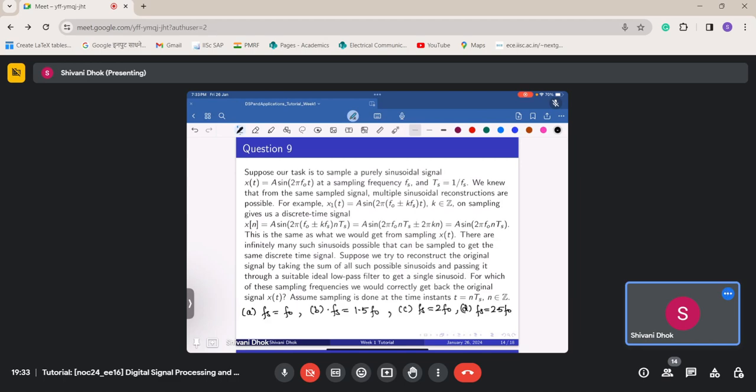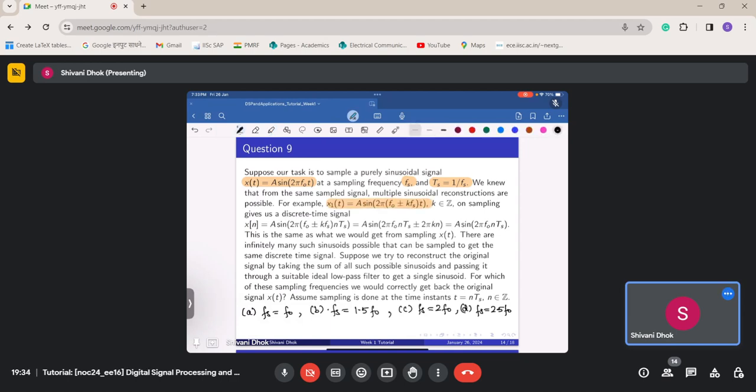Okay, so let's read this question. Suppose our task is to sample a purely sinusoidal signal x(t) equal to A sine 2 pi f naught t. So this is the signal that we are having, and the sampling frequency fs is such that the sampling duration is Ts equal to 1 by fs. We knew that from the same sampled signal, multiple sinusoidal reconstructions are possible. For example,